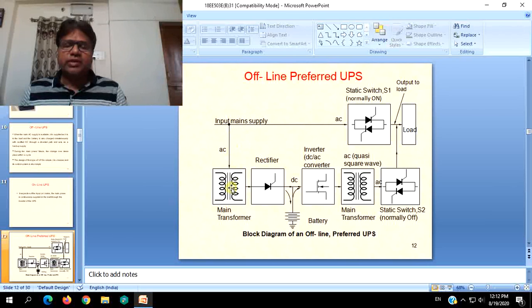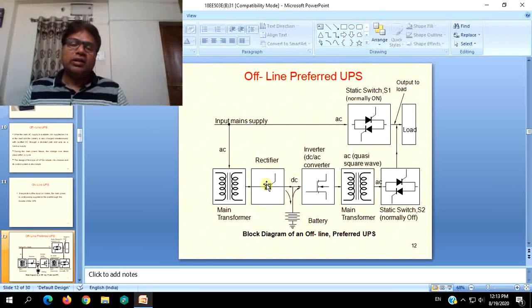And the same supply is given to the transformer. What is the need of the transformer over here? Obviously this is 230 volts AC. It can be straight away converted to DC, but for that purpose the rectifier or power electronic equipment and devices which you require should have higher ratings, which increases the cost, and also maintenance problems will be more. For that purpose, a transformer will be employed, which will step down this 230 volt single phase